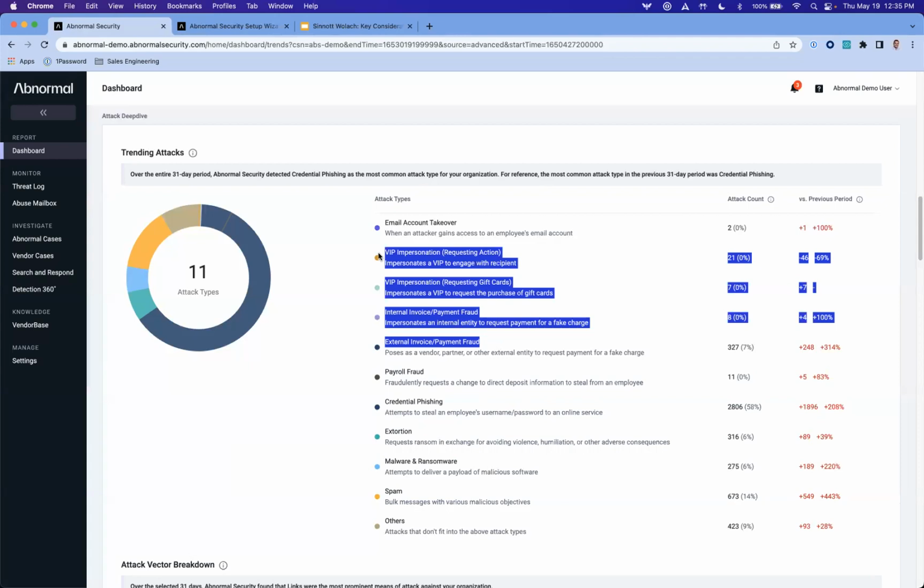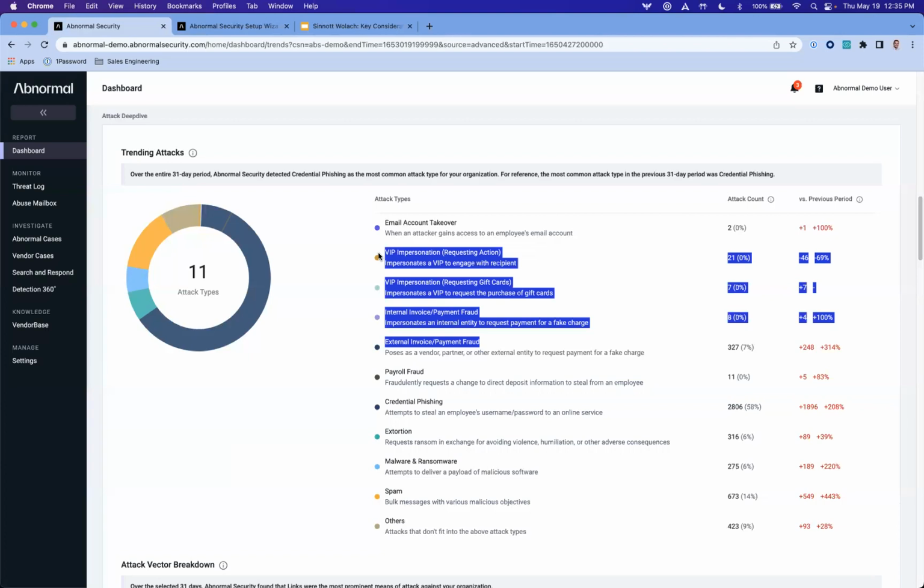impersonating a series of executives saying, hey, I need you to do me a favor and buy a couple gift cards for my executive team. Or I'm sitting here with a vendor, there's an invoice that needs to be paid out. Can you pay it to a new account, right? And they're finding ways to strategically create an email to land on the inbox, to not necessarily have anything bad to latch onto, right? No bad links, no bad attachments.